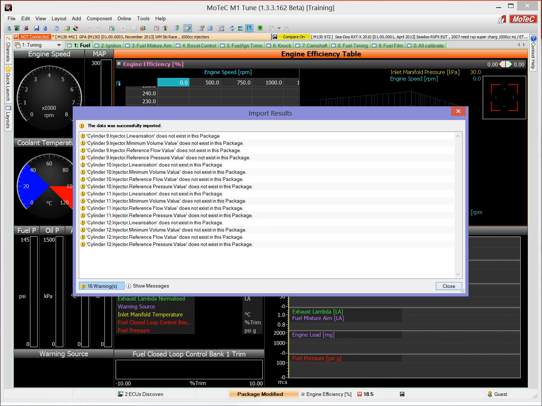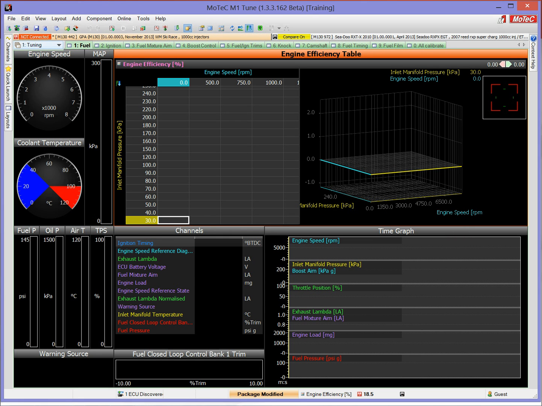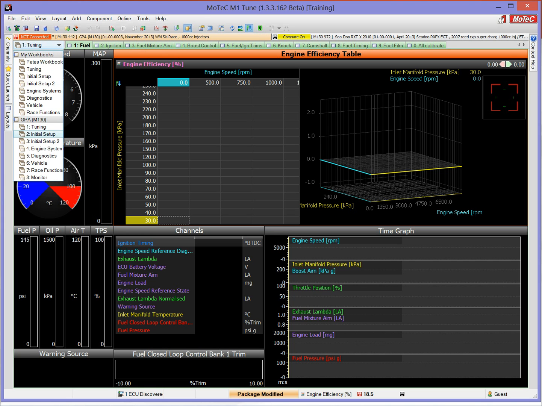So this information here is telling you that it couldn't migrate that data in or merge that data in, and it's warning you that that happens. I fully expect all of these, because this particular ECU package doesn't have these injector drives in it, so of course it didn't work. Alright, so that's normal. And now if we actually look inside this file, we can go down to initial setup,